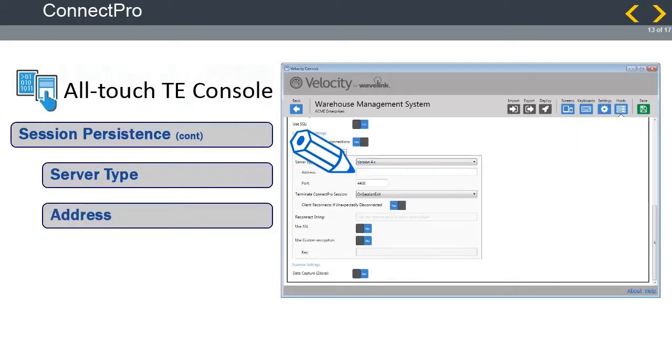Next, the address field is the address of the host computer that has the Connect Pro server running. To prompt a device user for all or part of the address, use a variable delineated by the percentage sign. Variables can be used in DNS names or IP addresses. For example,